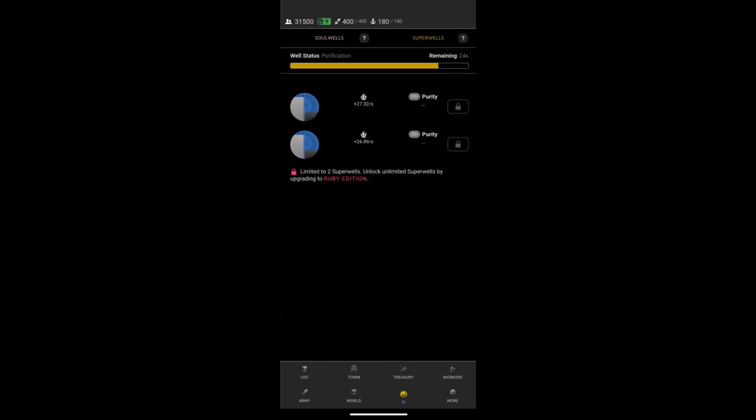I will explain how this works, because this was so confusing to me. When I was like 60% finished with the game, that's when I realized how to actually use super wells properly. So basically, as you can see, this meter is going down. Once this meter goes down completely, as you can see, I'm getting 26.89 crystals per second, because we are at